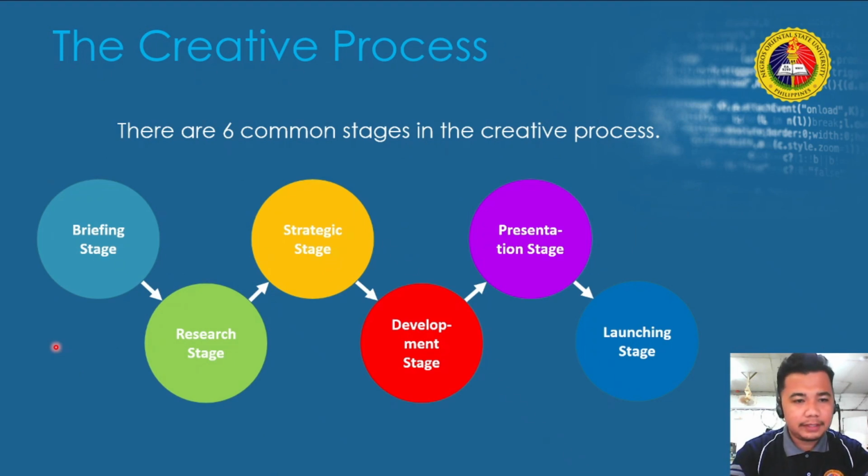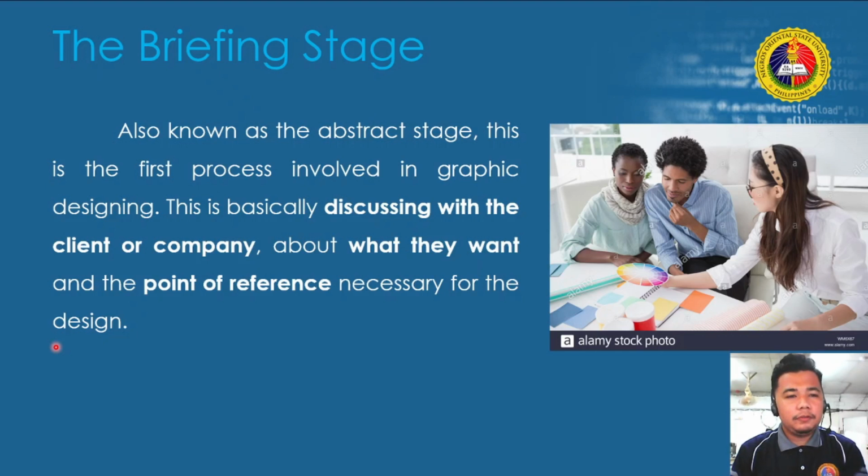So we have the briefing stage, followed by the research stage, and then the strategic stage, the development stage, the presentation stage, and the launching stage. So for the briefing stage, it is also called the abstract stage. This is the first process involved in graphic designing. This is basically discussing with a client or a company about what they want and the point of reference necessary